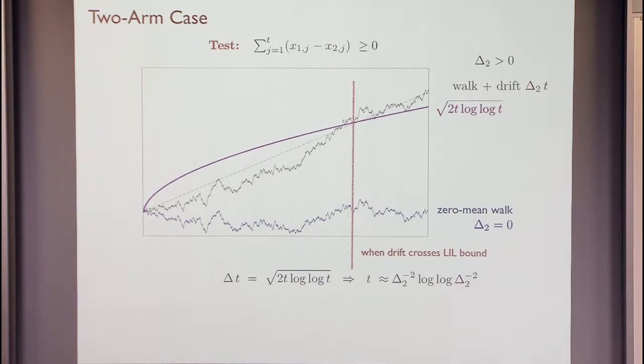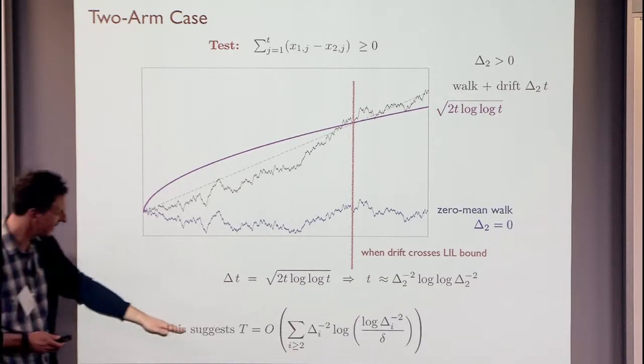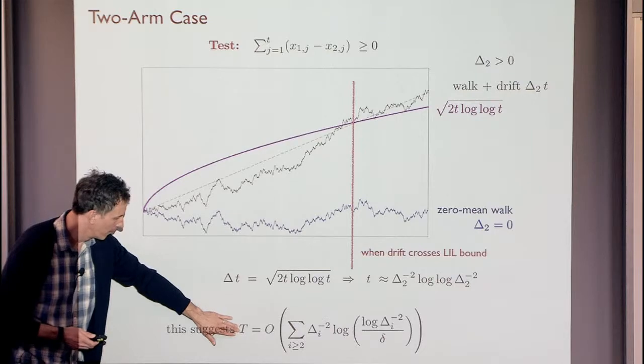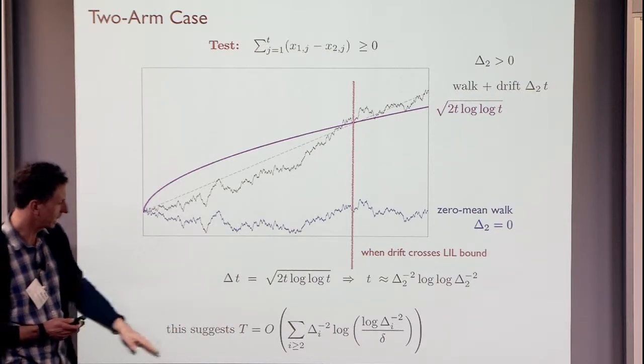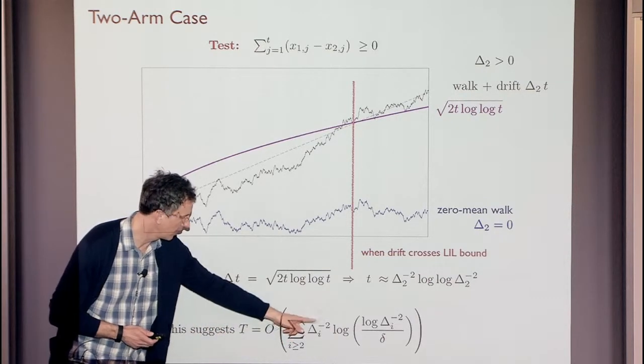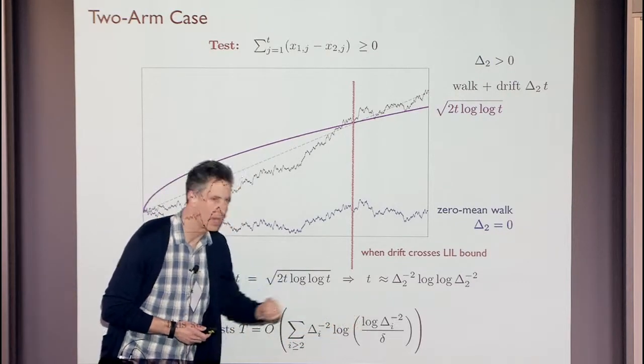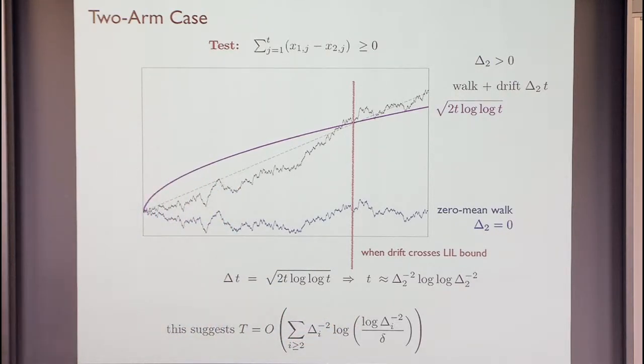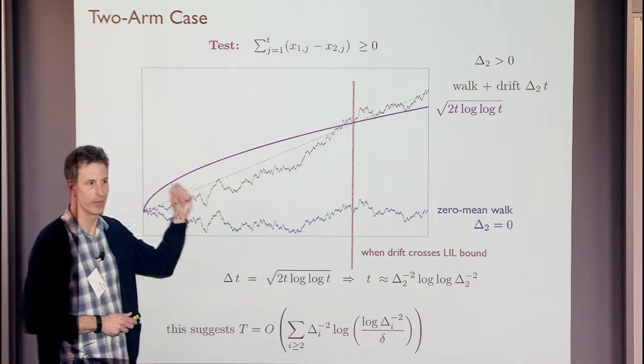Okay? And so what I want you to think is that maybe our sample complexity is something more like this. So it's the sum of the inverse gap squared and then a log-log term, and no n at all. No union bound over all n arms. That's what we would hope for. And we think this is probably about as good as you can do. We know it's as good as you can do when you just have 2 arms.